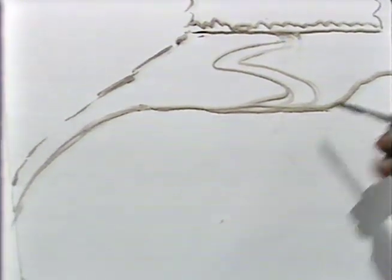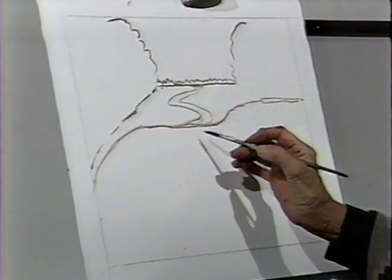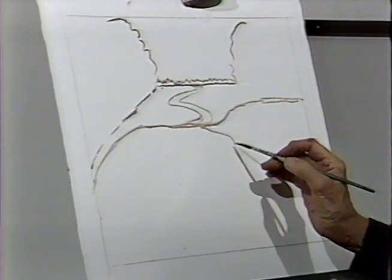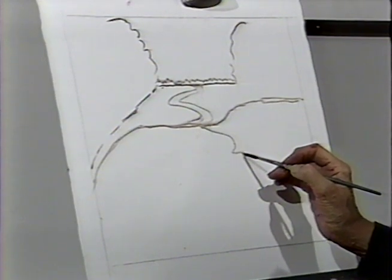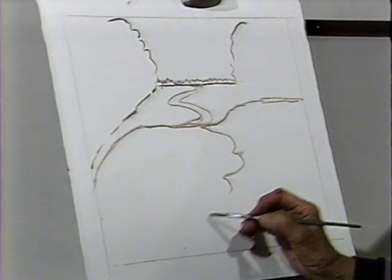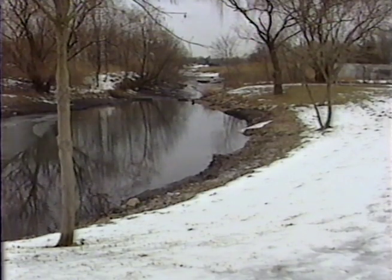But here is what I'd like to talk about: composition and the interest that lines create. Here is a curve, which is one of the things that made me sort of feel that this is really worth stopping and looking at. These sort of scalloped lines that are taking place in the foreground here is the shoreline of this little body of